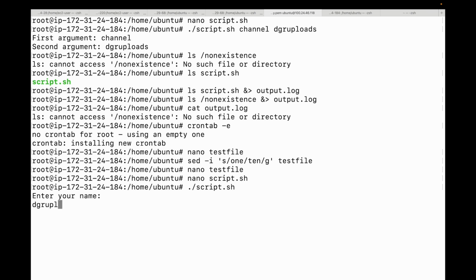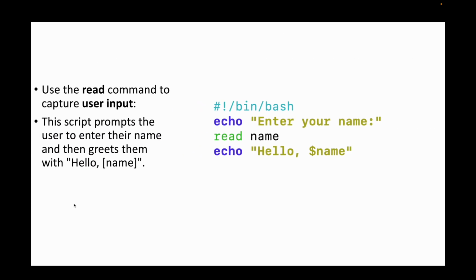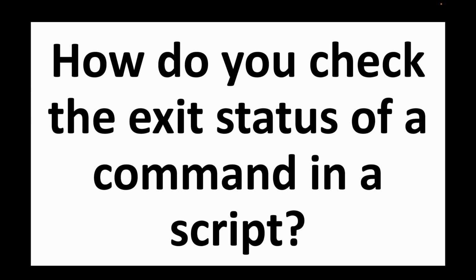So let's say we will give the input, and when I hit enter, it will basically take that input and display the name for us. That's basically how we can prompt the user for input, and then we can read it and use it within the script. The next question we have is, how do you check the exit status of a command in a